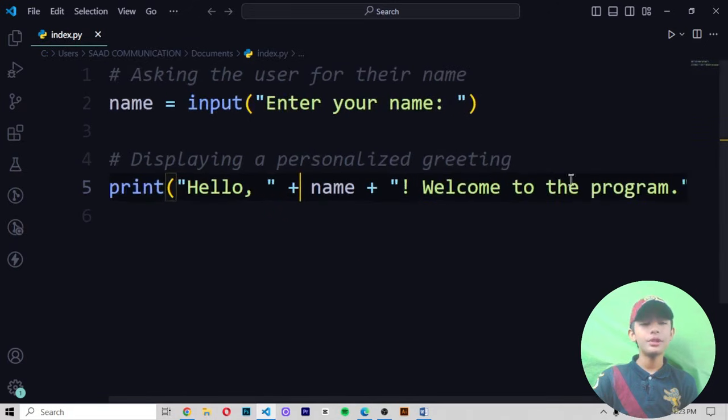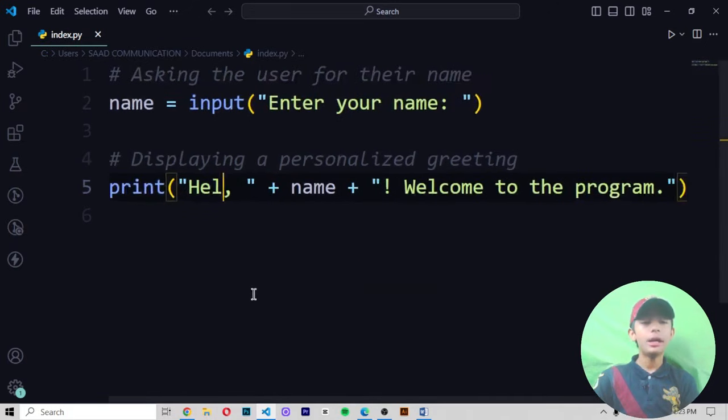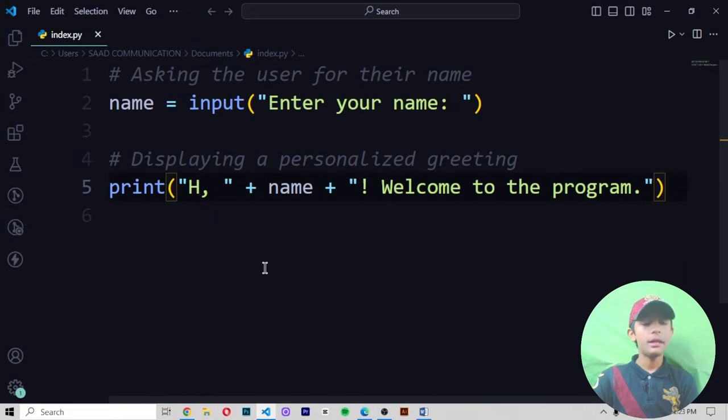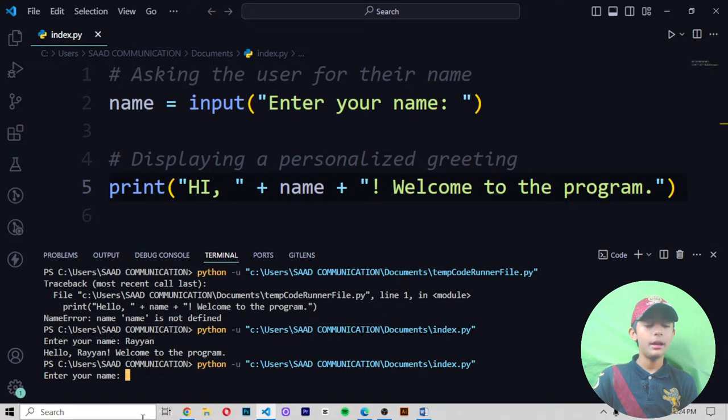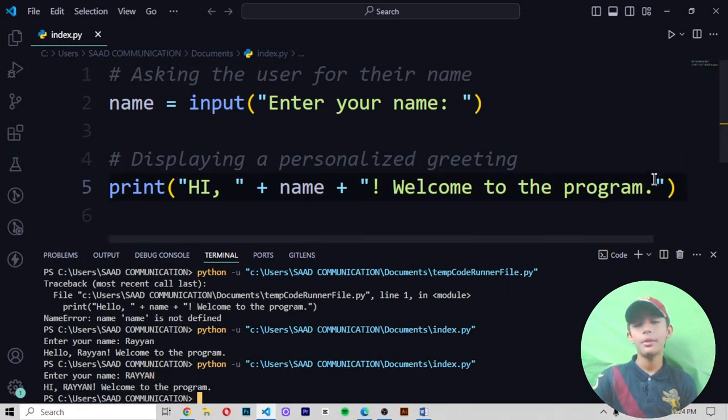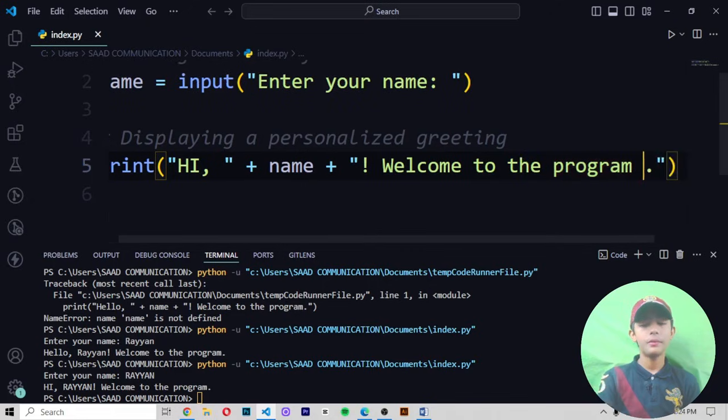Why is it giving me that? Because in the print function, first of all I wrote hello. If you want to write hi, you can write it. Then I put double quotes, end them, then start new double quotes, and here I write plus name, meaning plus our name variable, then plus welcome to the program. Then when I save it, it asks me to enter your name. When I write Rayyan, it gives me hi Rayyan, welcome to the program of the